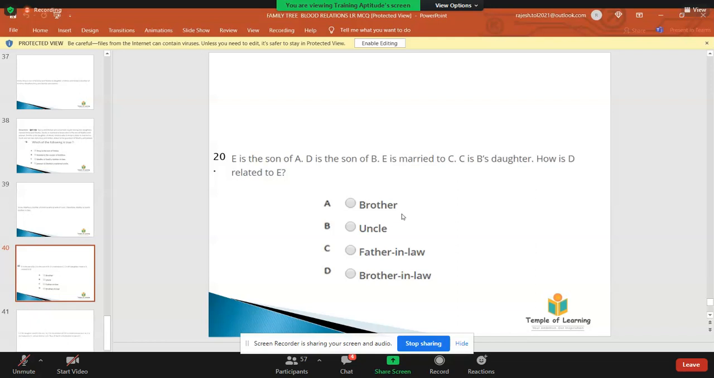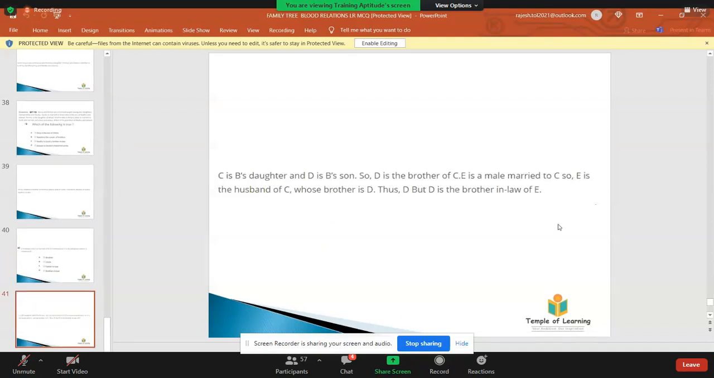E is son of A, D is son of B, E is married to C. How is D related to E? Brother-in-law. डायग्राम बना लीजिए।